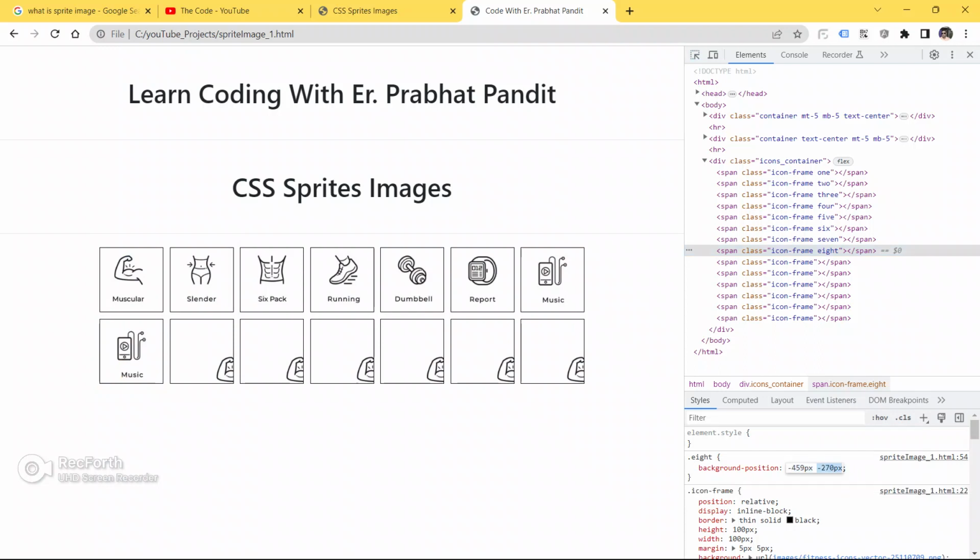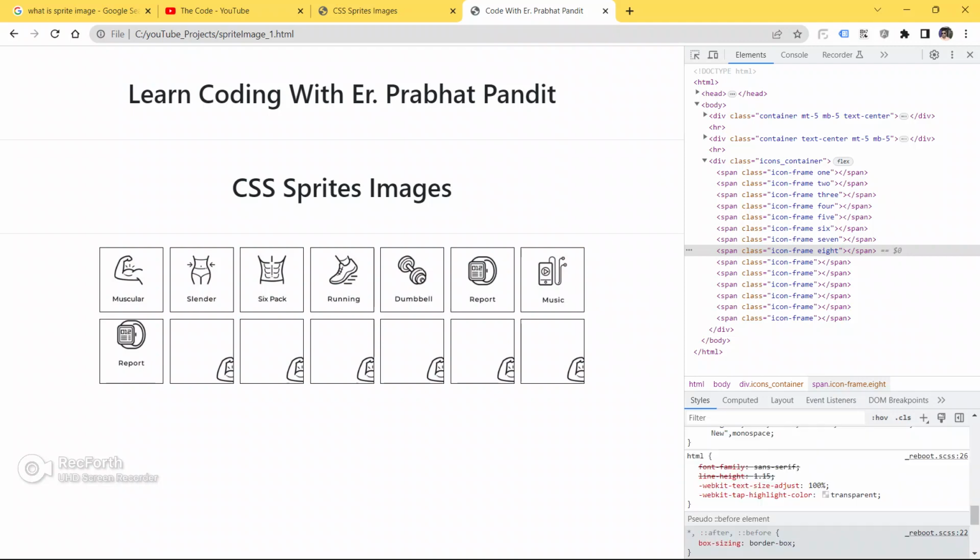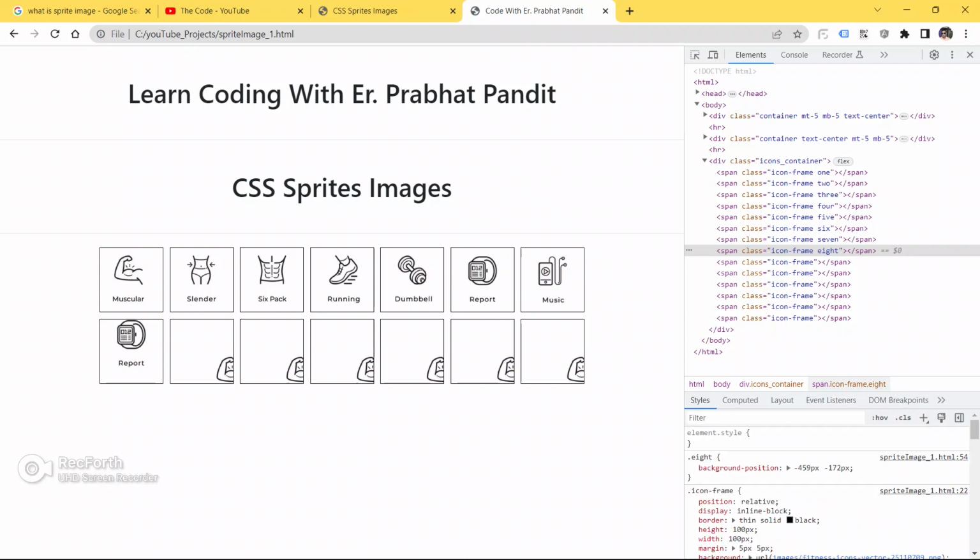Refresh it again, and refresh it again. As you can see guys, this needs a lot of page refreshment, so you have to be a little patient to learn these things guys.